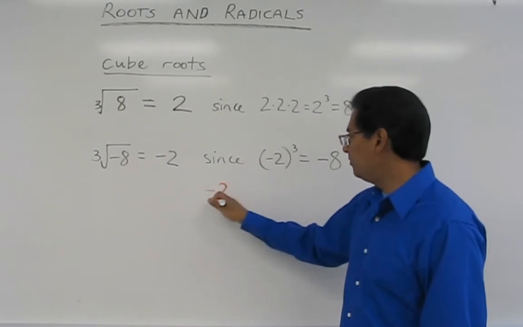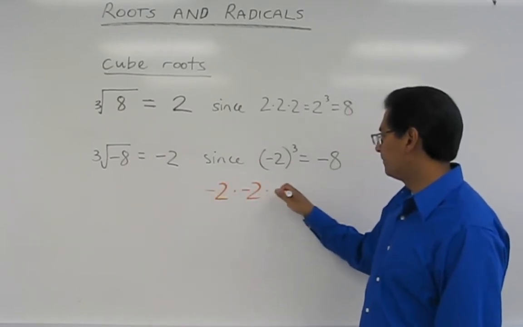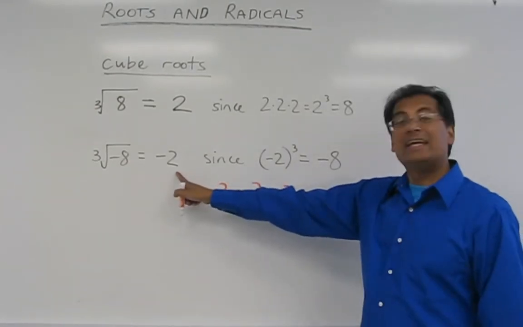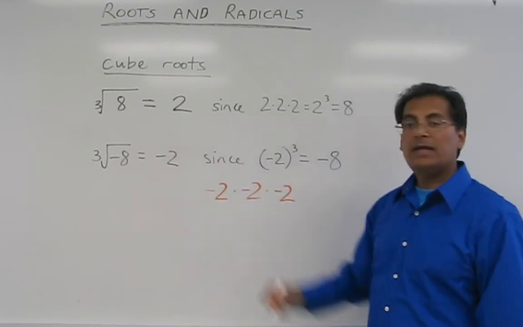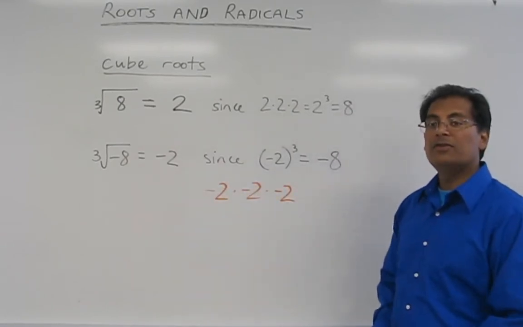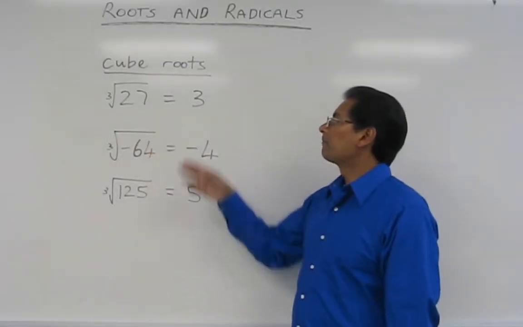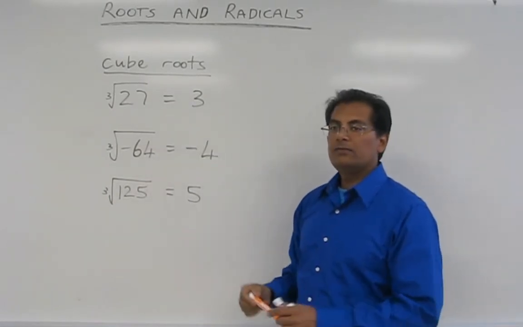So we can cube root negative numbers. And the cube root of a negative number is also a negative number. So remember that. A cube root of a negative number is a negative number. Let's take a few more examples. We see here the cube root of 27 is 3, because 3 times 3 times 3 gives me 27. 3 cubed